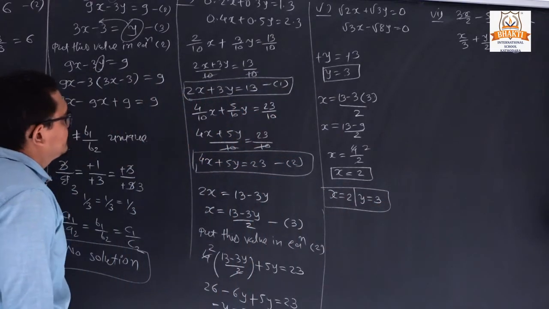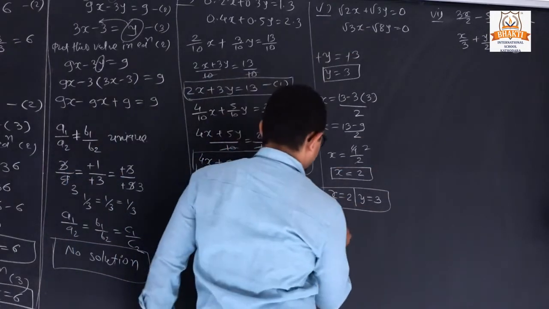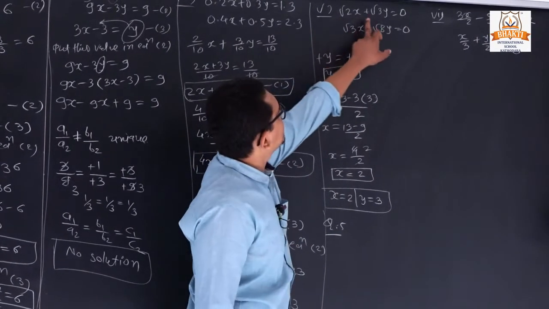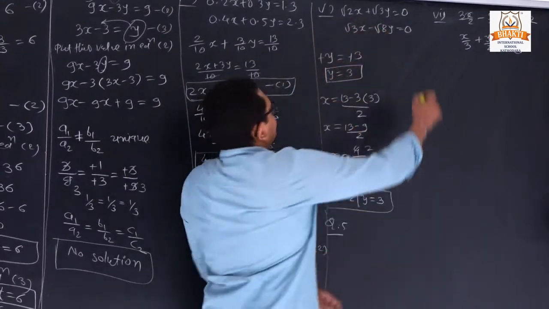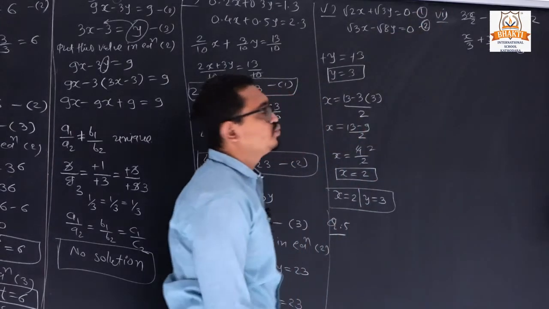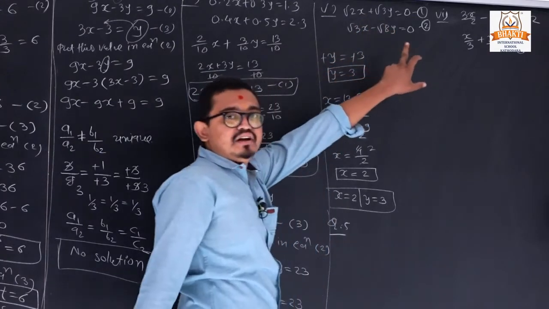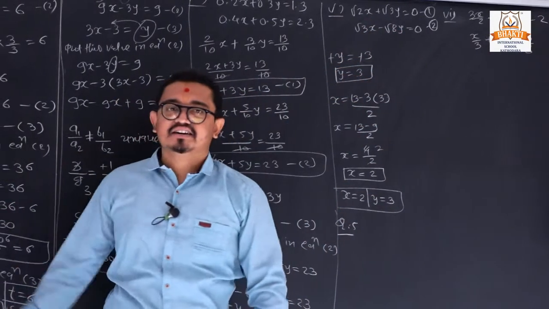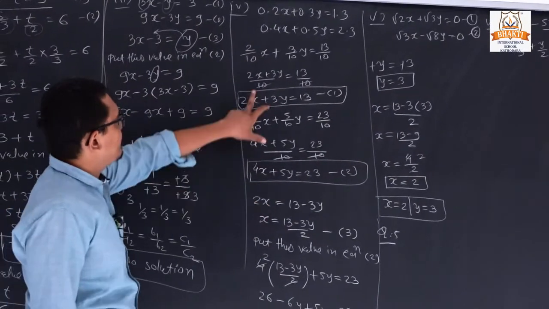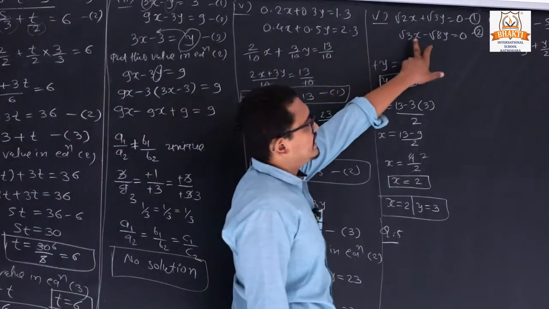Now next, equation number 5. So in question 5, here two equations are given. So we can declare it is result 1 and it is our result number 2. So in this whole example you can see that we can make the x separate or a y separate either from the equation 1 or 2. But in this I am taking the different.